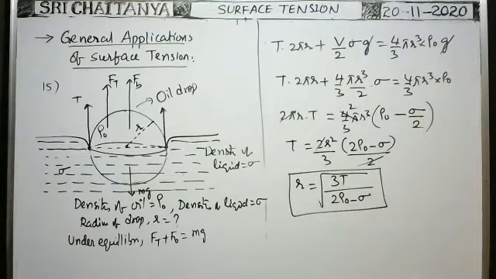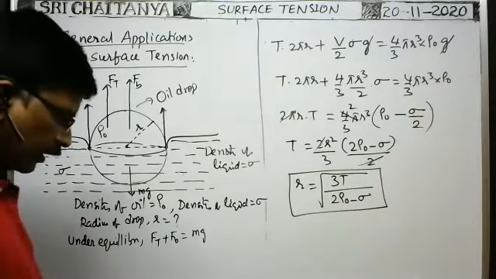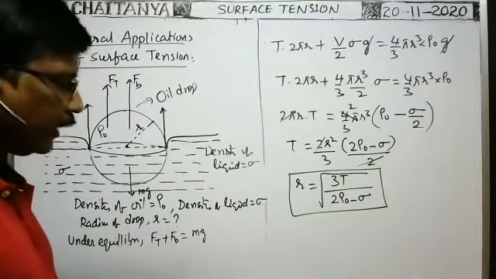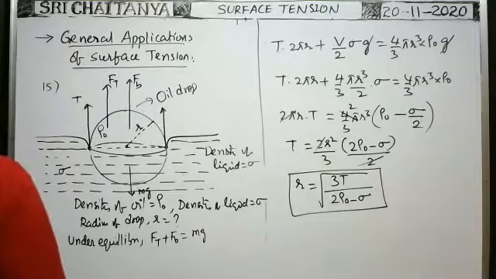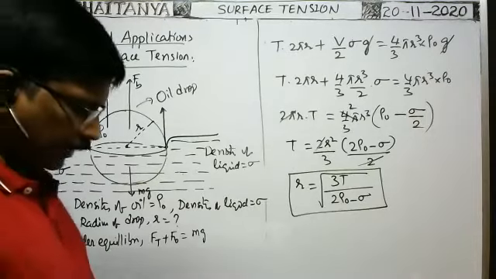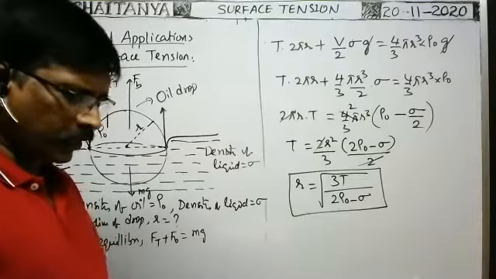I think it is in our material. You see the formula, is it correct or not? The radius of the oil drop is equal to this one. Is it correct or not? You see in our material. It is in our material also. I think it is in the practice sheet or additional practice sheet.